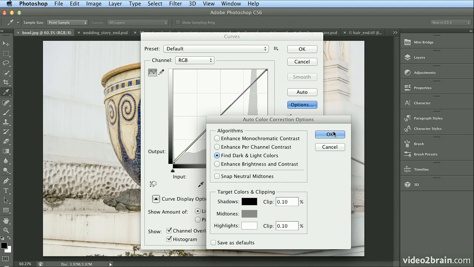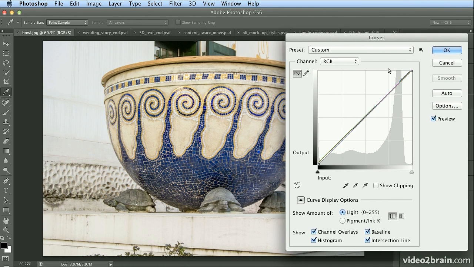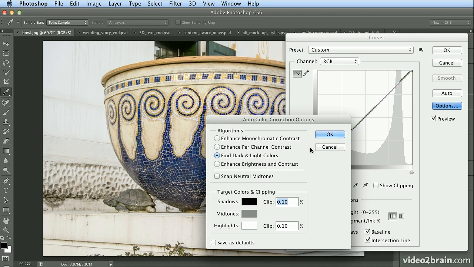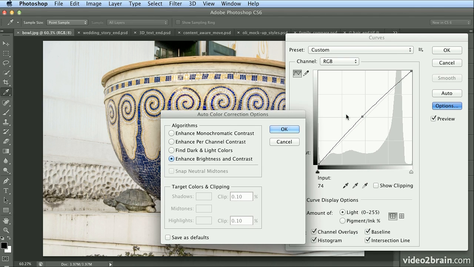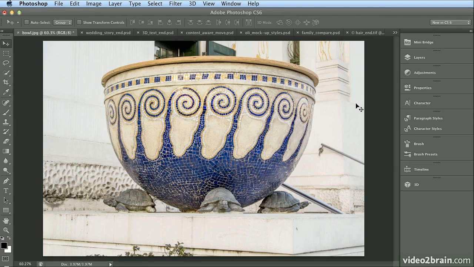the image. In fact, I'm going to click OK and scoot this window over to the right and click Options again. And if I simply hit Enhance Brightness and Contrast, you could see where it mapped a point for me. And I could specify target colors if I wanted to do so, or make a new default. But I'll click OK and click OK again and just hit Command Z or Control Z to see a little